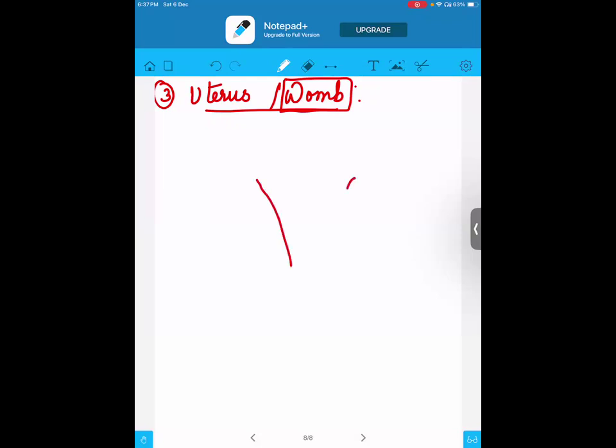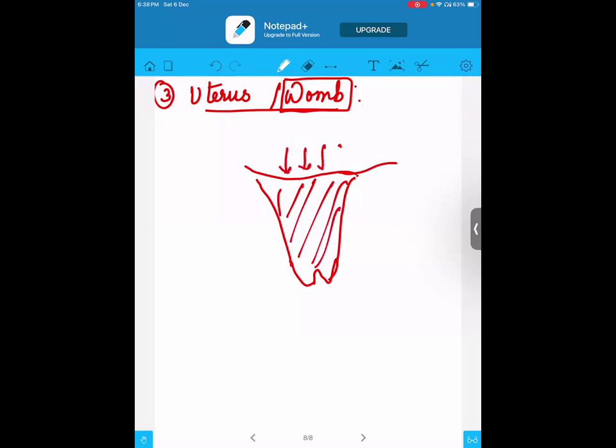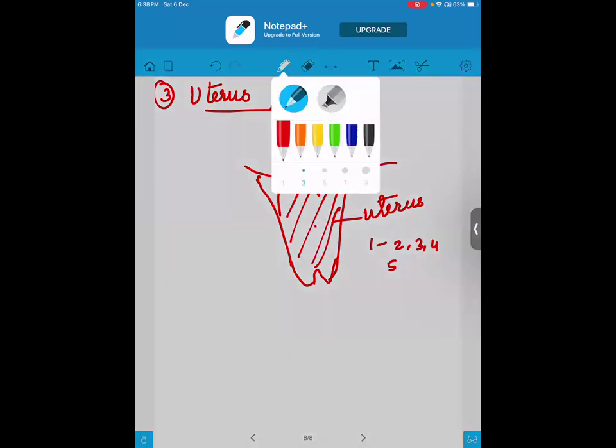Like this, in the center, the uterus will be present. This part is called the uterus. From here, they will push the zygote to come to this part, and in the uterus the further development will happen. That is how we have the first month, second month, third month, fourth month, fifth month, sixth month for females, and we say the first trimester is going on, the second trimester is going on. That development happens in the uterus.